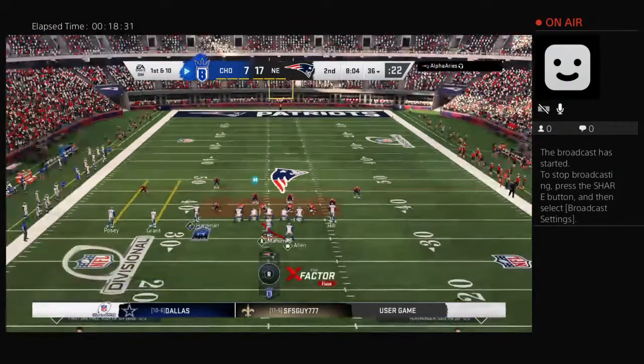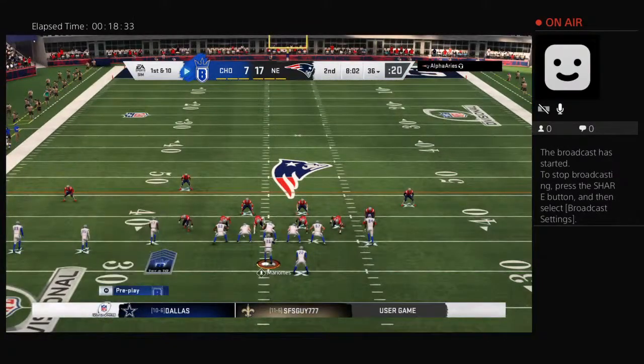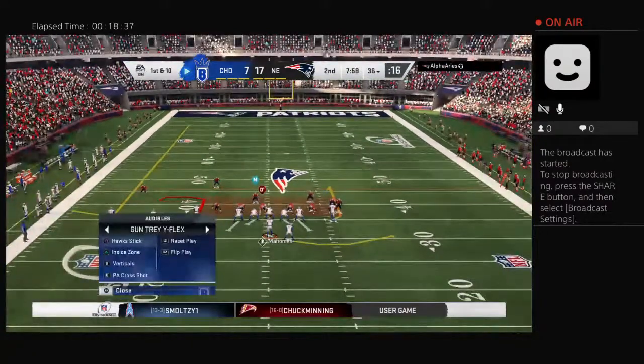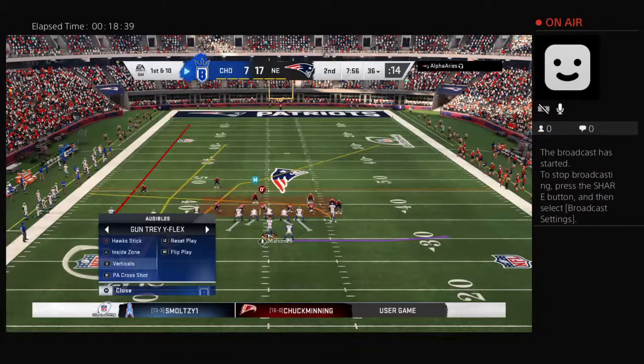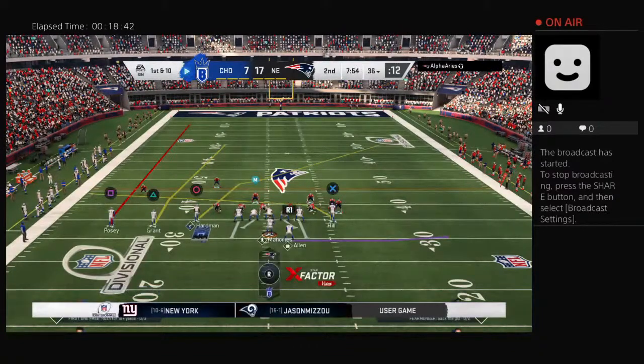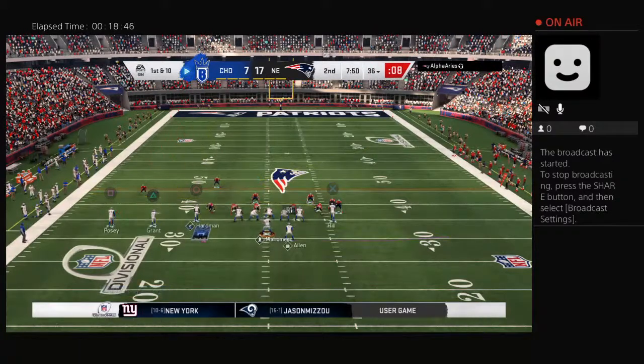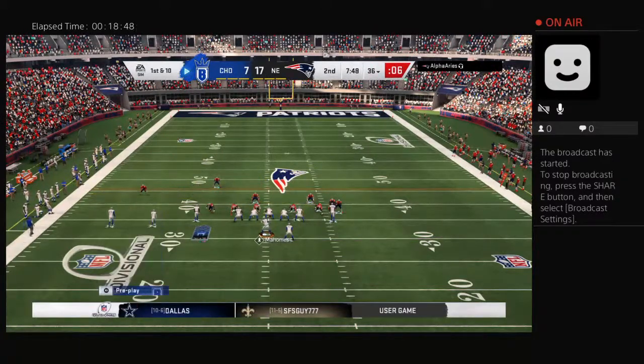Hey, D-back, let's go. Pick it up, D. Pick the edge. Come. Shoot. Alert flare. Hey, Sunday. Attack. Check 55 to Mike. Check